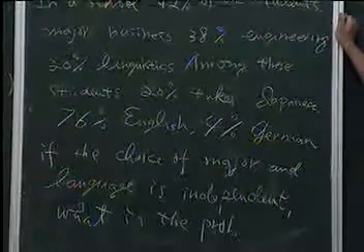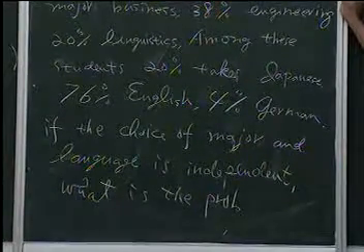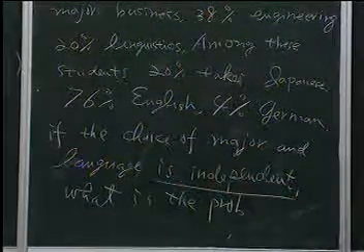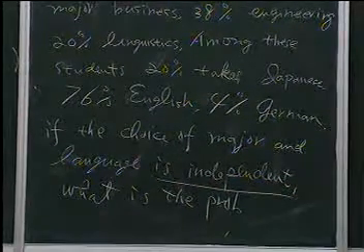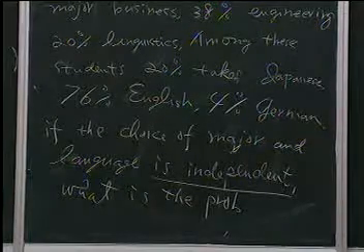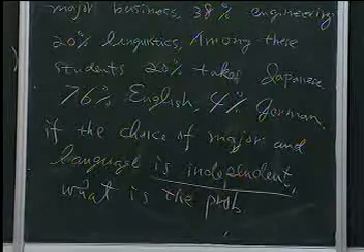And also we know the choice of major and their language classes is independent, okay? So whether you will choose business, engineering, or linguistics, it is independent of your choice of language, Japanese, English, or